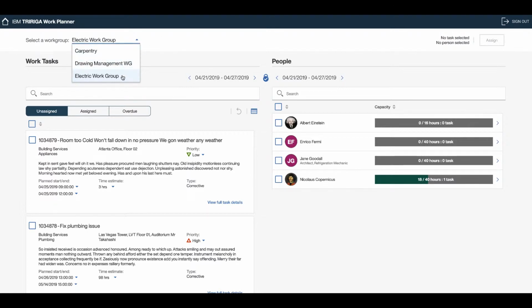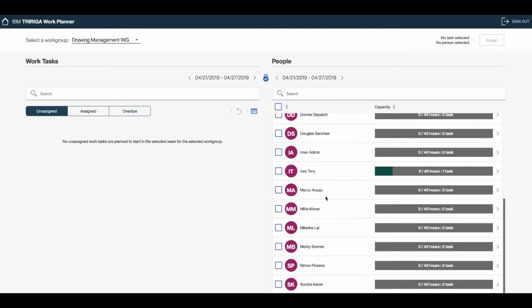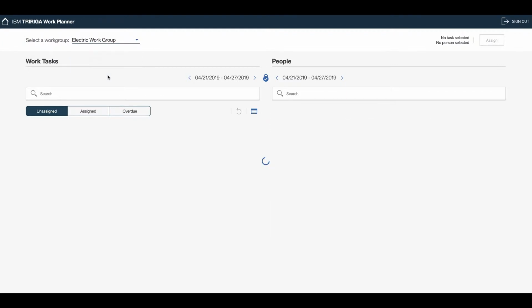In this case, I'm working on this electric work group, but if I want to change to another work group, I can just click. You can see that I don't have any unassigned task, but the number of members that I am supervising is much more than the other work group. So if I come back to the electric work group,